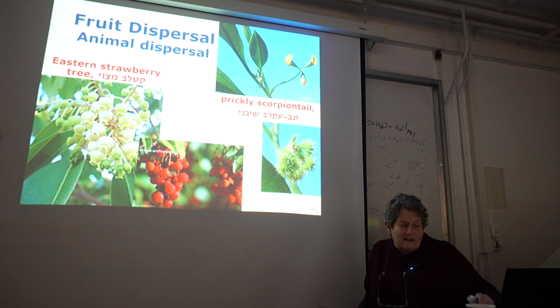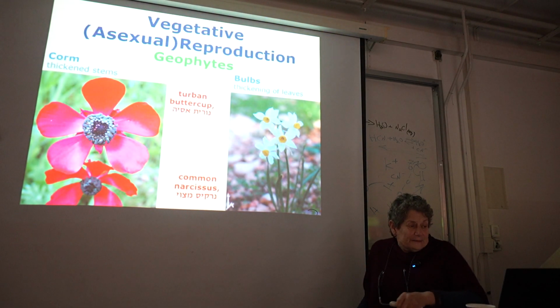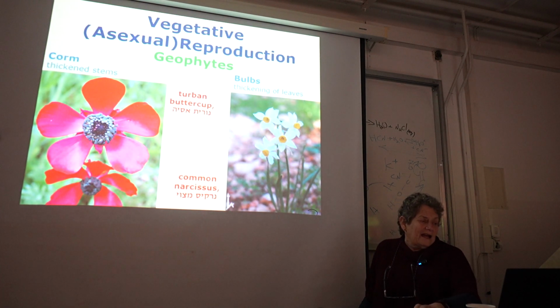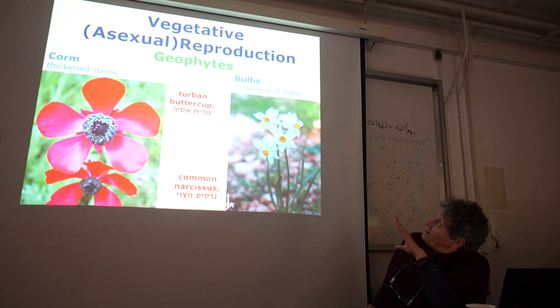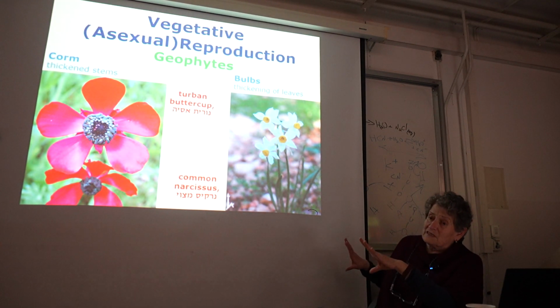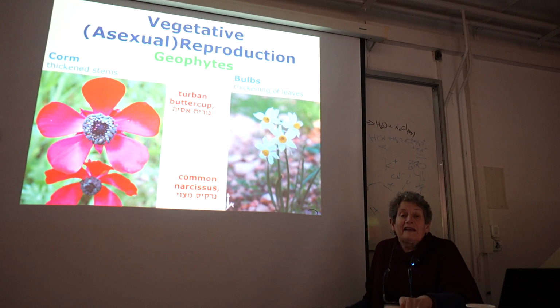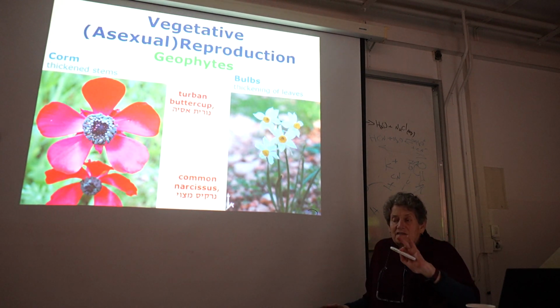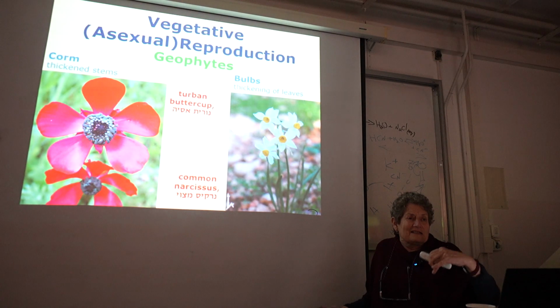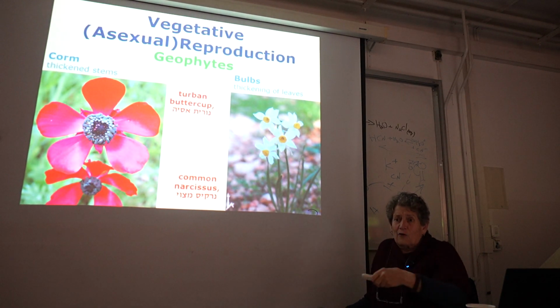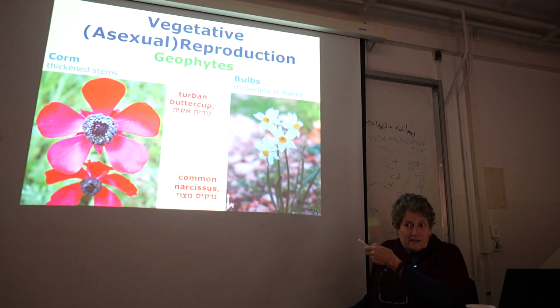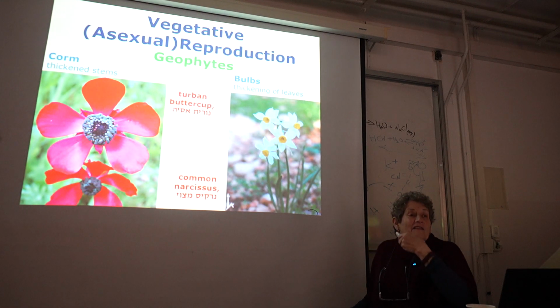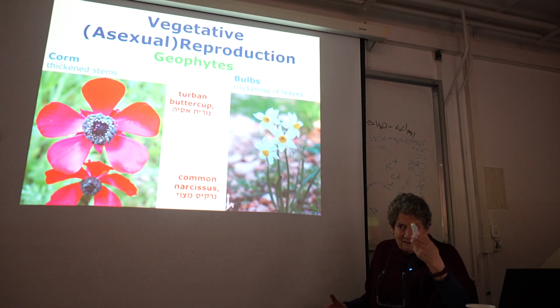So these are just some of the examples. As I said, we also have plants that reproduce by vegetative reproduction. Now, I just want you to know, these also reproduce in the completely standard way. There's a flower. The flower, by the way, is a perfect flower. Each flower is male and female, and they reproduce by